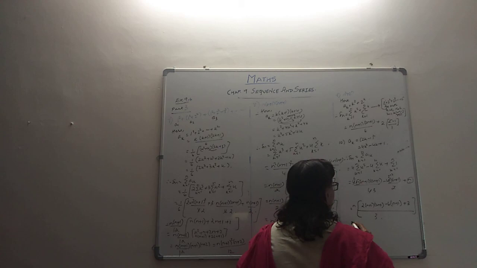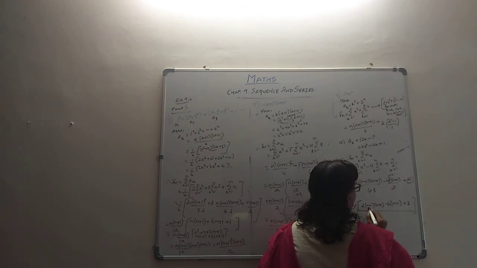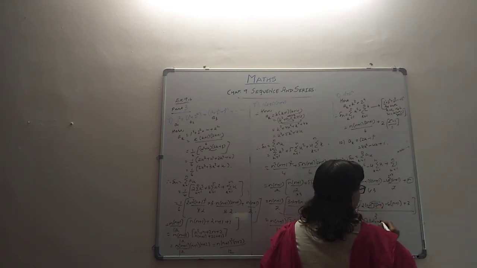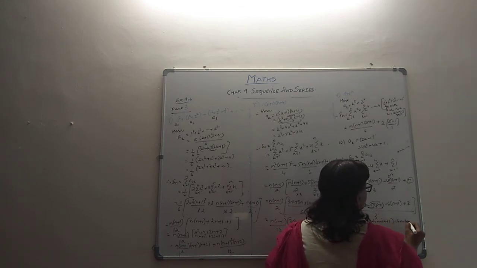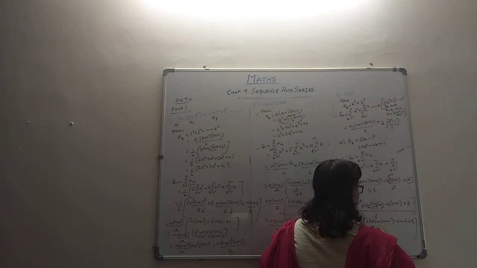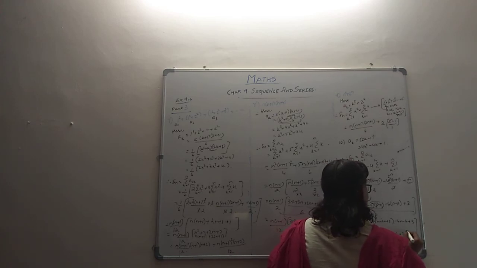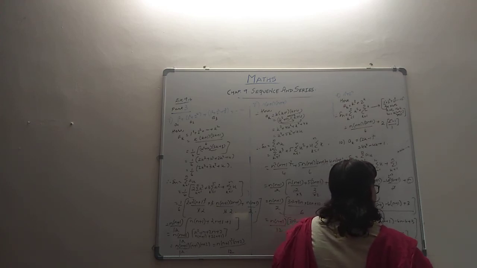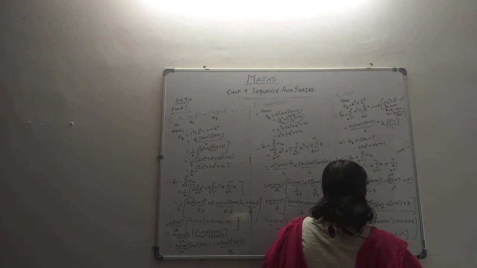I hope things are okay. Let's work it out. So it is 2 times 2n squared plus n and 2n plus 1 and minus 6n minus 6 plus 3 whole by 3. So when we solve, it is 4n squared 3n, so 6n plus 2 minus 6n minus 6 plus 3, so gone, and then you have 3 plus 2 5, yeah, so it is n by 3, 4n squared minus 1,